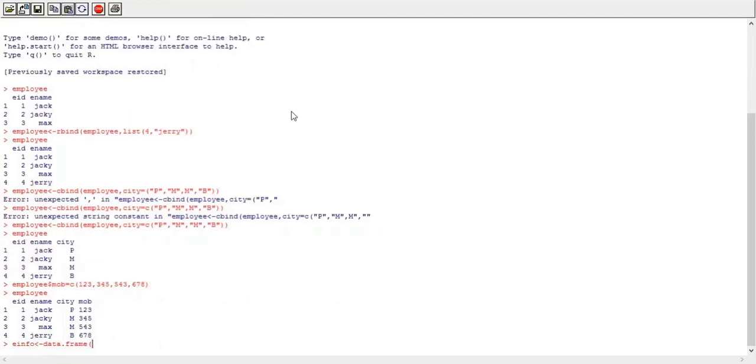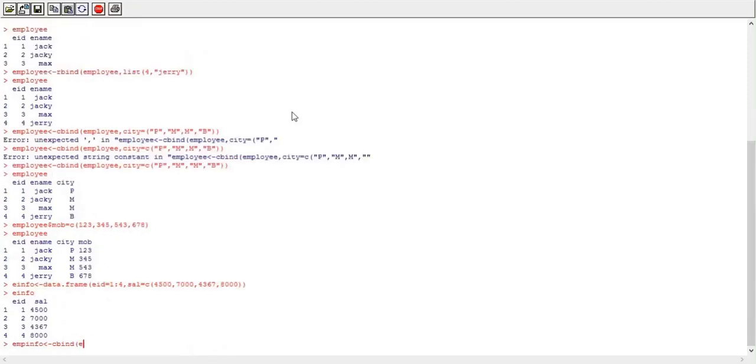So this consists of employee ID, 4 data for 4 employees, and salary. Salary is the vector, and I want to combine the employee data frame and the info data frame.